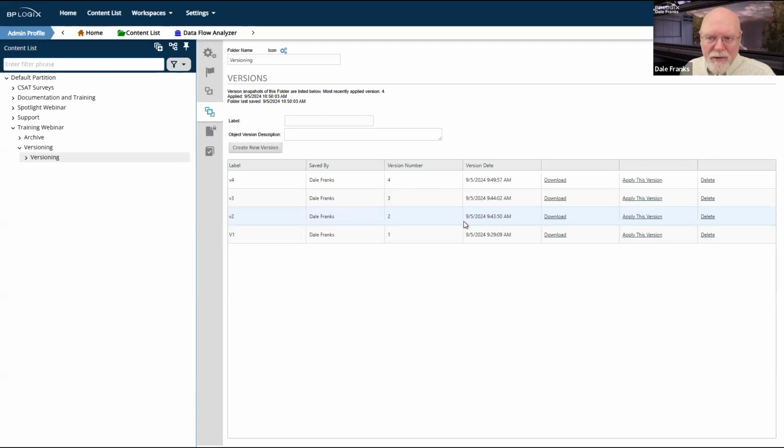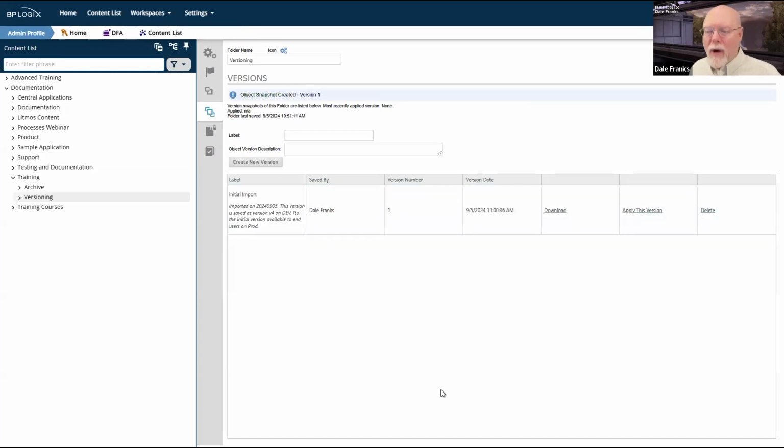You may or may not ever need to roll back to them, but your difference in dev and production should probably, and while I won't state this as a rule, but as a recommendation, have more versions on dev than you have on prod. I should only have versions on prod that I create immediately after I do the application import. That should be the only time I ever need to have a version on prod.